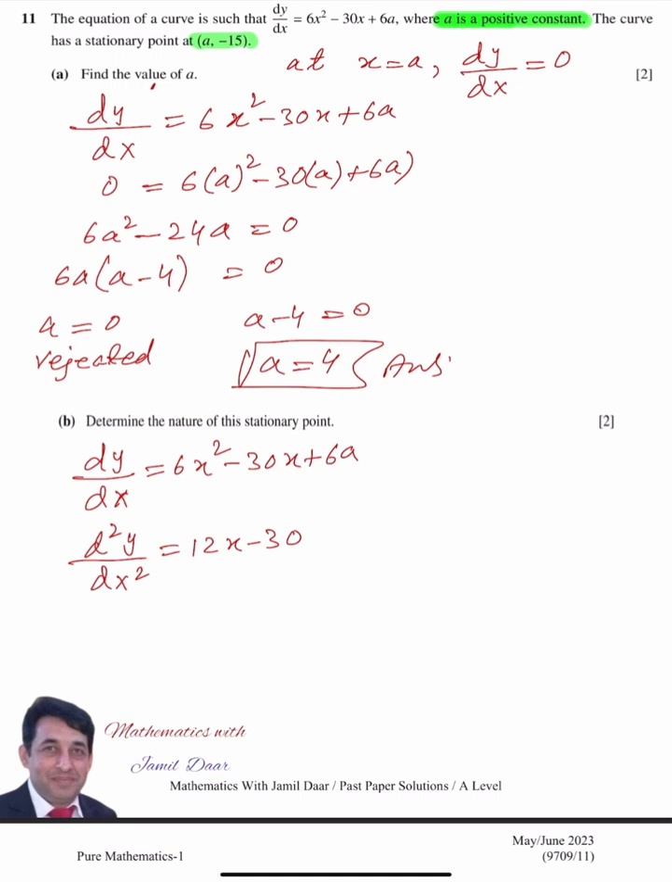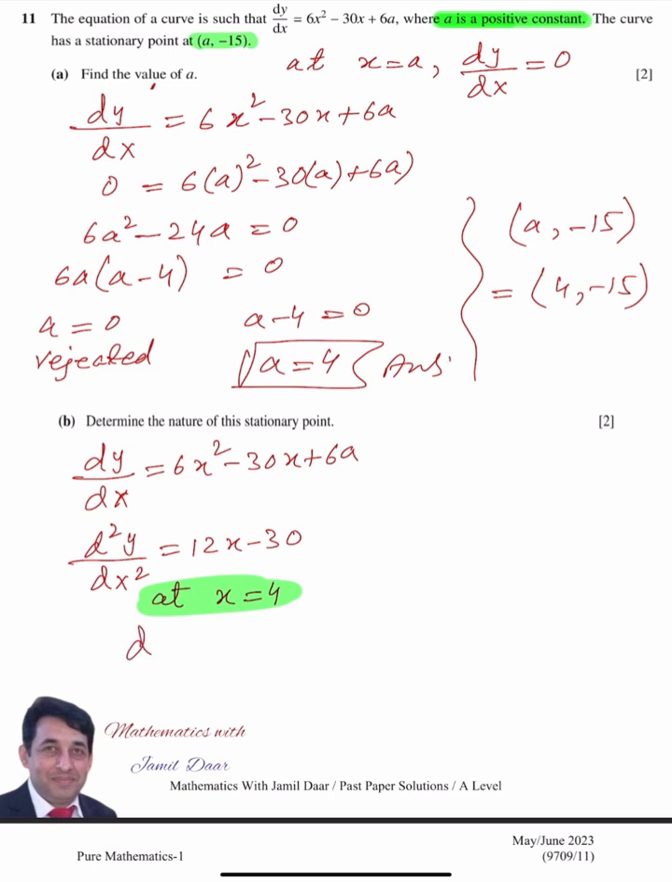So we'll find out at x is equal to 4, because this is the value of x in the stationary point (4, -15). So that means now the point is (4, -15) because a is 4. So that means x is equal to 4. So at x is equal to 4,